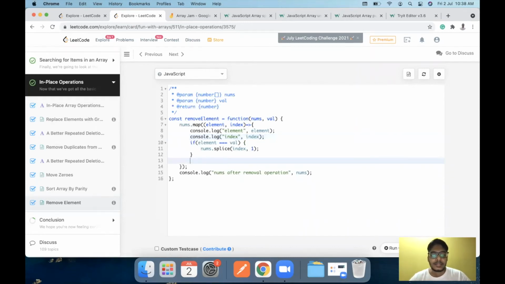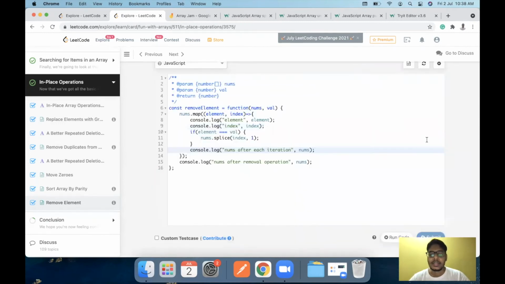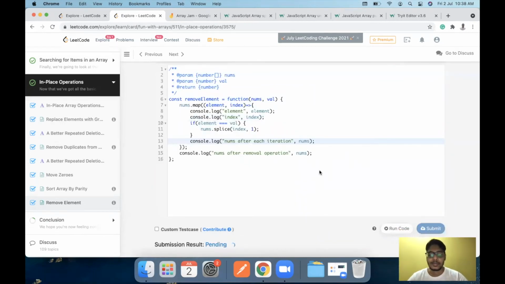And let this be console.log nums after splice operation, or after each iteration, because splice might not be done in each iteration. And let's just hit submit and understand how this problem is occurring.